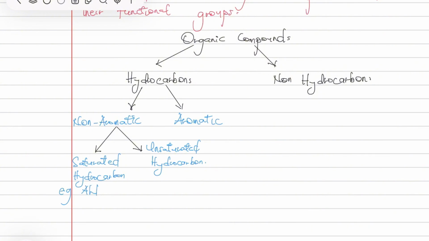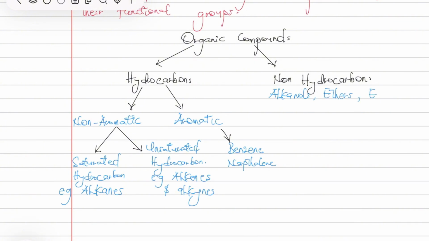Examples of the saturated hydrocarbons are the alkanes, while the examples of the unsaturated hydrocarbons are the alkenes and the alkynes. While examples of the aromatic hydrocarbons include benzene and naphthalene. Under the non-hydrocarbons, we have the alkanols, the ethers, the esters, aldehydes,